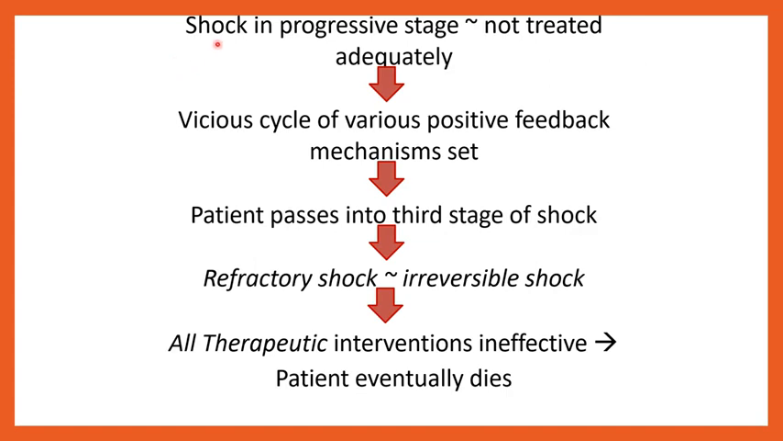So the shock which is in the progressive stage, if not treated adequately, will lead to a vicious cycle of various positive feedback mechanisms setting in, and the patient passes into the third stage, the irreversible stage of shock. That is refractory shock. All therapeutic interventions become ineffective and the patient eventually dies. The positive feedback cycles are cardiac failure, peripheral circulatory failure, and